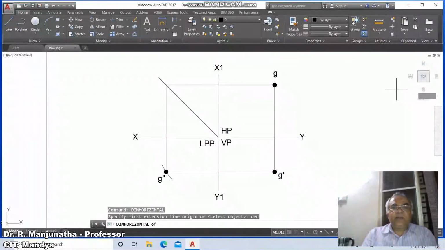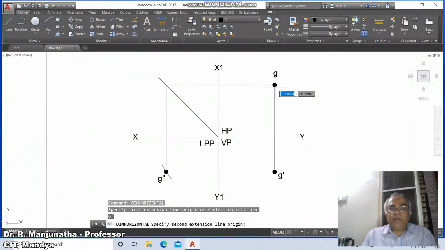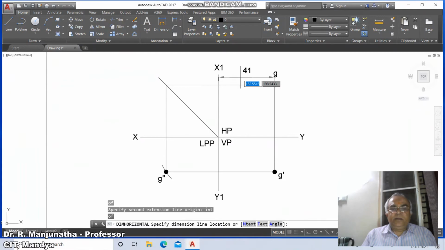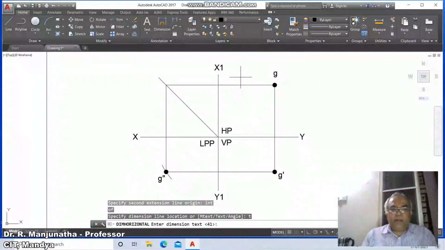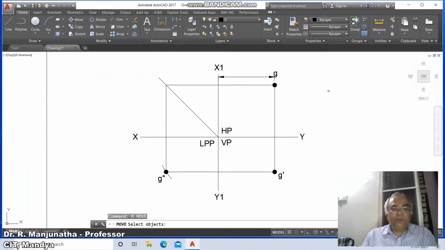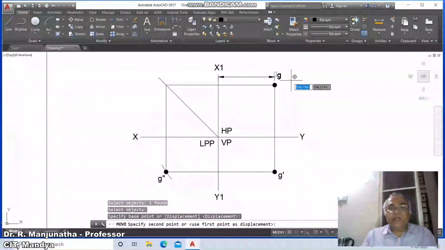Then go to dim horizontal, take the center of this and take the intersection of this, then go to text, make it 0, give the space bar, and here place it wherever you want, then go to move this bit outside.